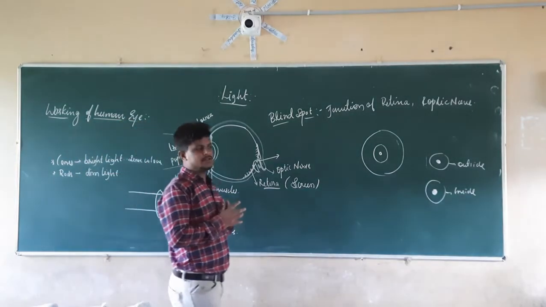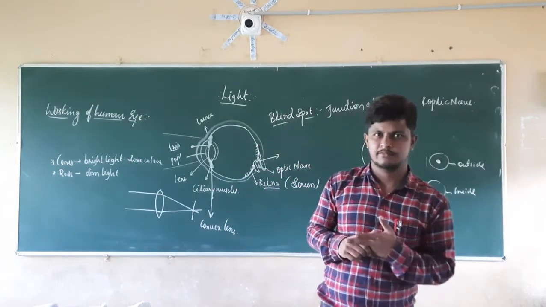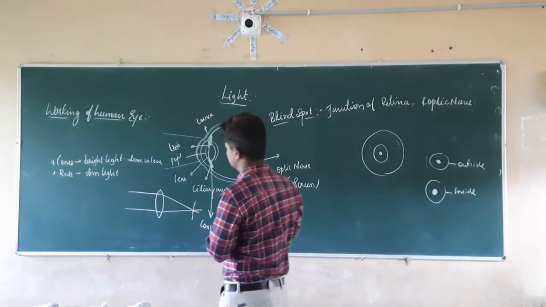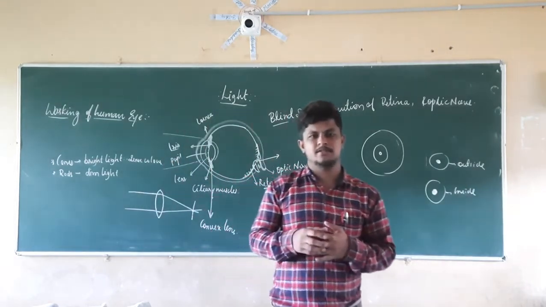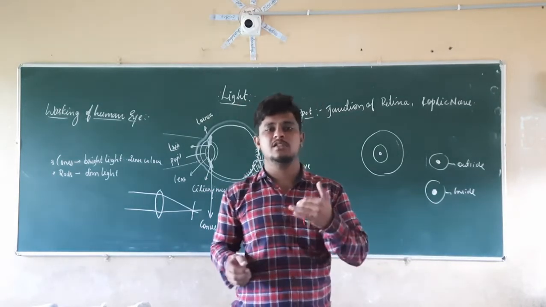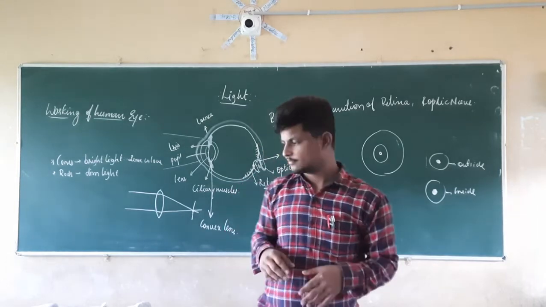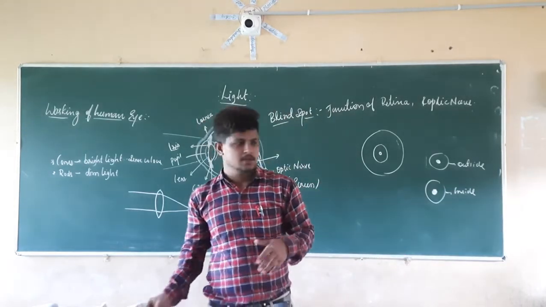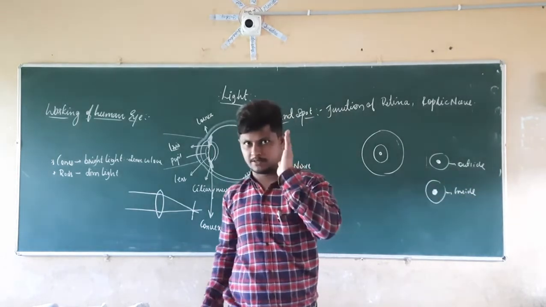Now next we are going to see some important factors of the eyes. The first factor: we are seeing an image, so for how much time is it possible for the image to be stored in our eyes? For how much time? I am seeing the image, and again I am going to come back like this, in this way.